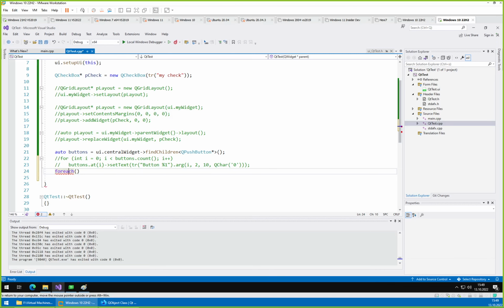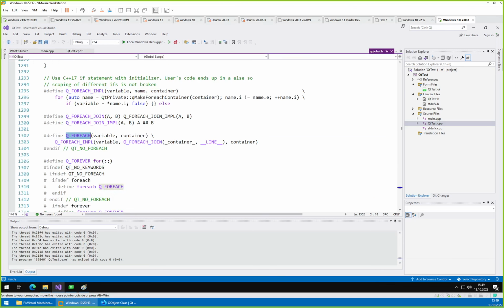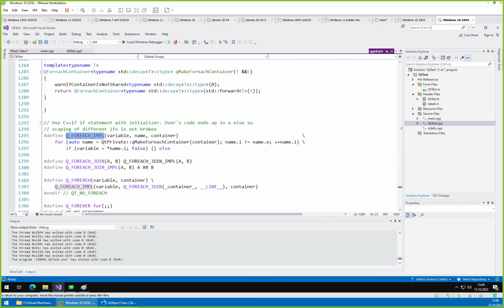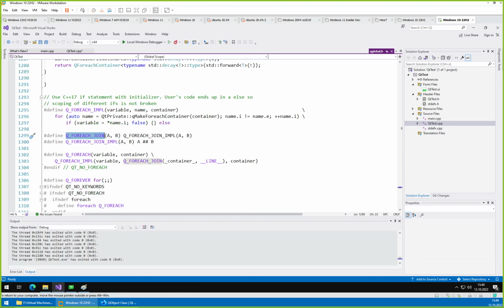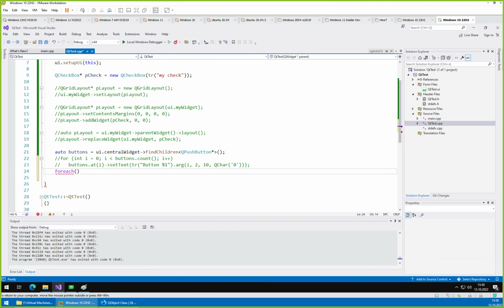They implement this using a mixture of quite many preprocessor definitions, so we will not be looking into this in too much detail, but generally speaking, the idea is to give you a simulated foreach keyword as it is present in other languages, that just iterates through a container and invokes the body of your code block for every element. So in this case, it's QButton